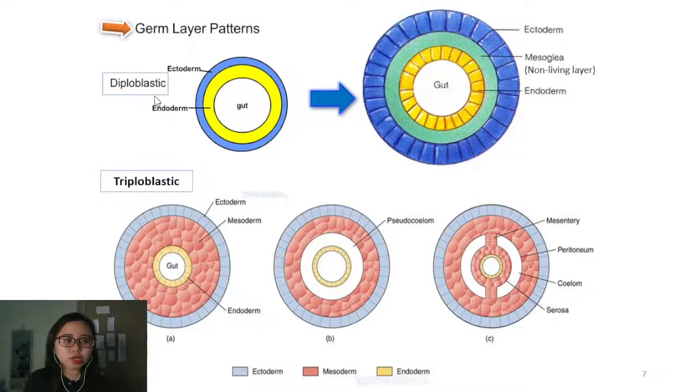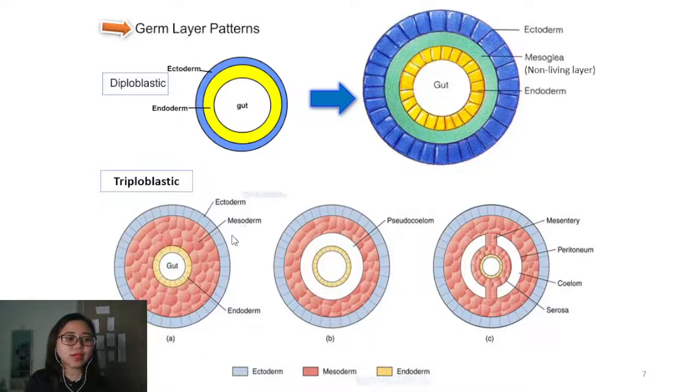If the organism is diploblastic, it's only going to have two layers of germ cell. That means in the embryo, it forms ectoderm and endoderm. Lepas tu kawasan yang di tengah-tengah itu akan jadi dia punya gut ataupun saluran pemakanan daripada mulut sehingga ke lubang dubur. As it develops into adult, it becomes ectoderm, a mesoglea, and endoderm. Mesoglea ini macam satu lapisan tisu, tapi dia bukan sel yang hidup lah. It's a non-living layer, and it's going to separate ecto and endo,